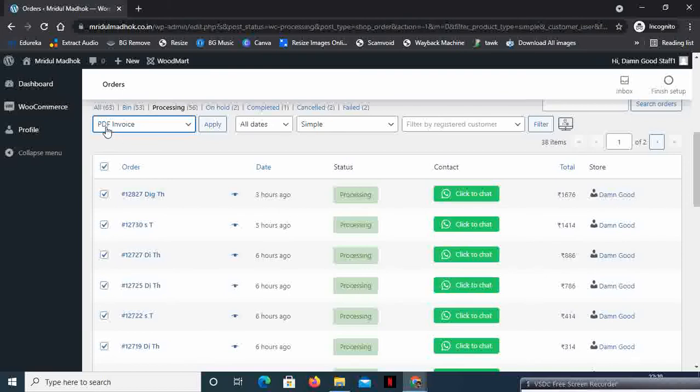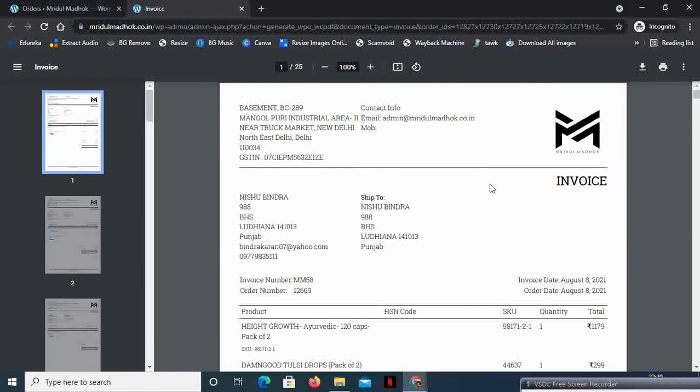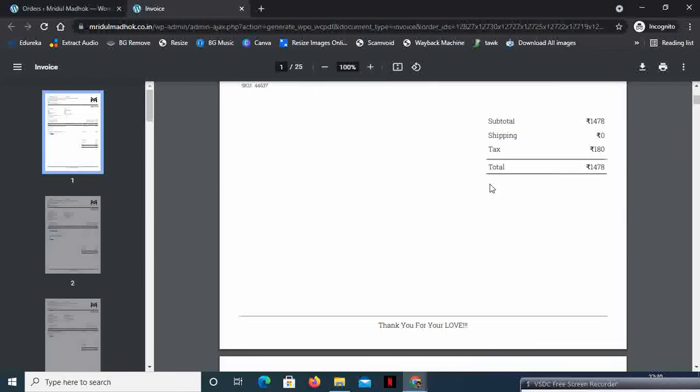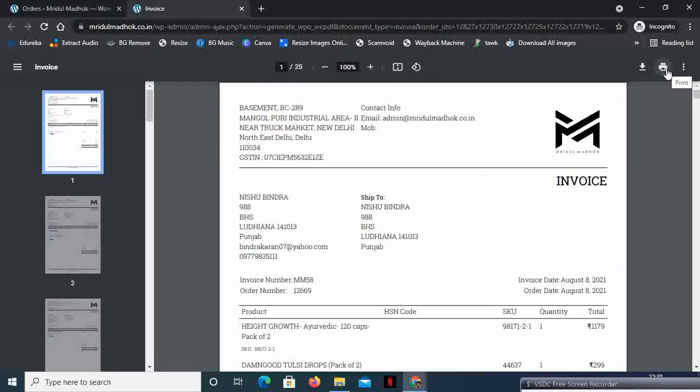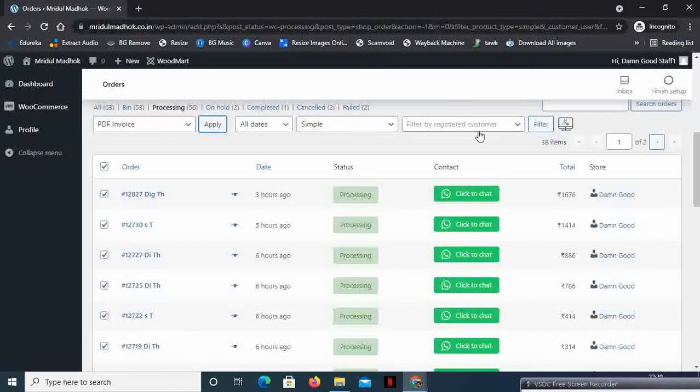So once you select the PDF invoice here, you just need to apply the selection. So once you apply it, you will see the PDF invoices now getting opened on the second screen. So once these invoices are open, you can download or print the invoices from this screen. So this is how